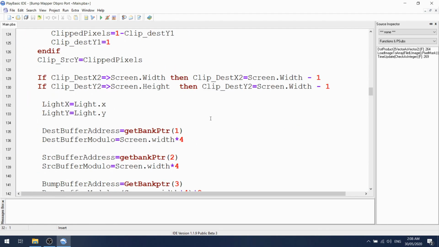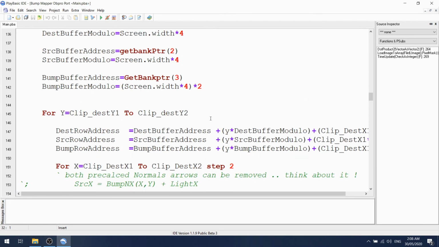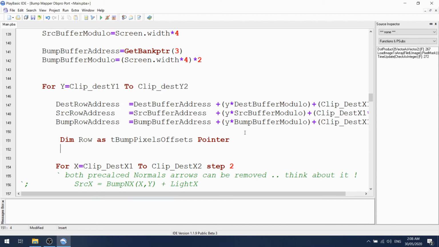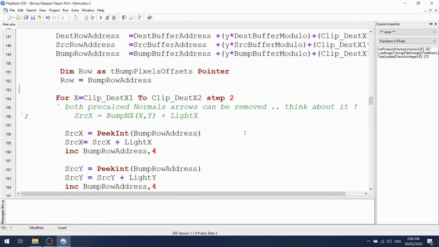Let's go back to where we were, roughly. Right, so here, dim row as this pointer. Now I've got to assign this other thing bump. I will use that same thing for the time being, and then we'll cull it out just in case something else uses that. I don't want it crashing straight away. So now our pointer is pointing at the first group of pixels, and we should be able to get rid of